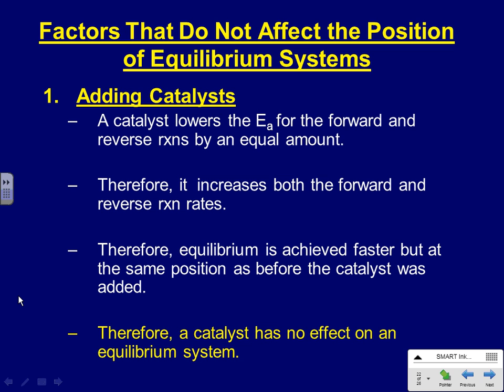Add some reactant, it shifts to products. Add some product, it shifts back to the reactants. Take away some products, it shifts over to make some more product. We talked about the temperature changes. You have to analyze that depending on whether it's an endothermic or exothermic reaction, but all you have to do is imagine that an increase in temperature is an increase in energy available, which it is, and then it shifts